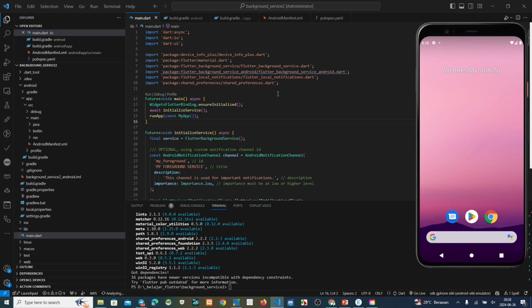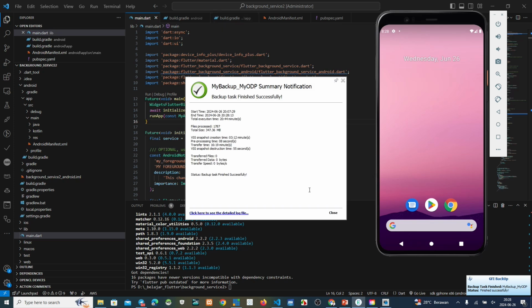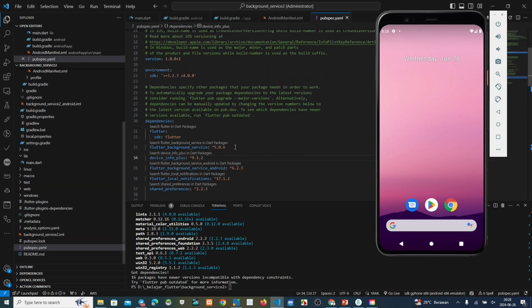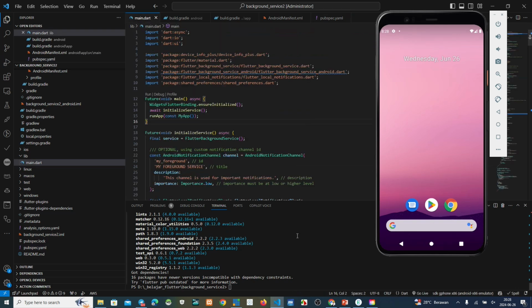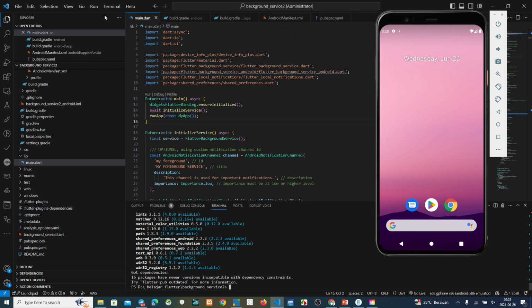We must choose depending on my Flutter and also my SDK version. We cannot change this directly to the new version. Okay, now we run again our project, start debugging.